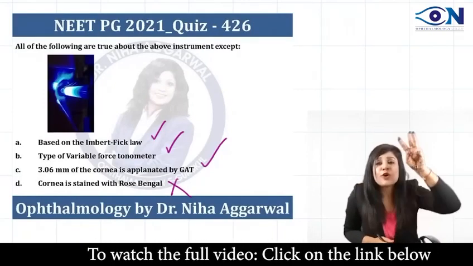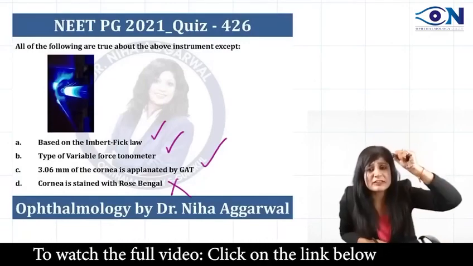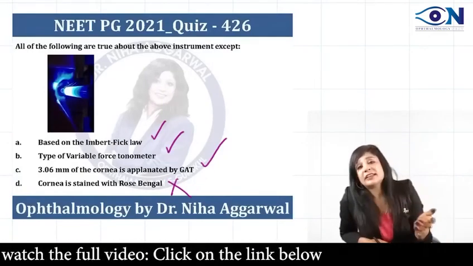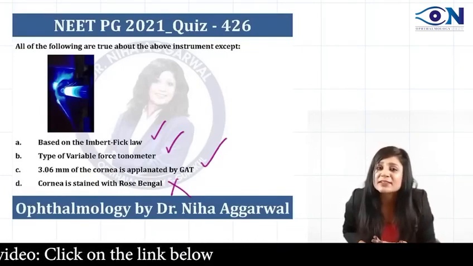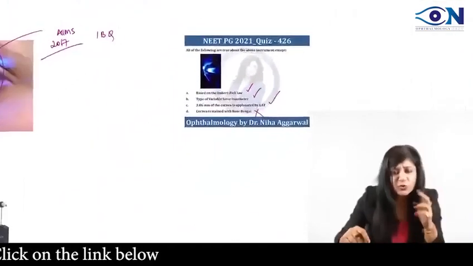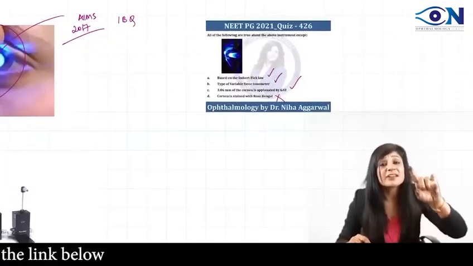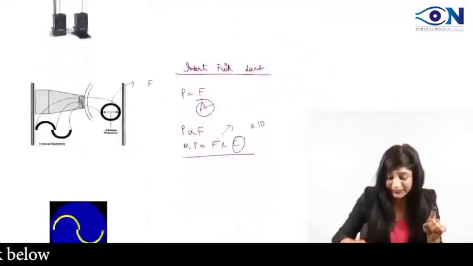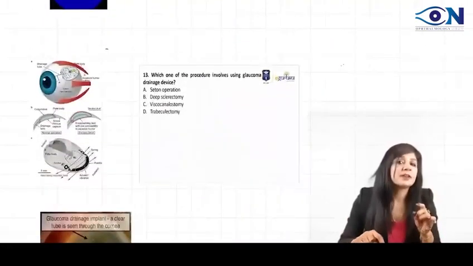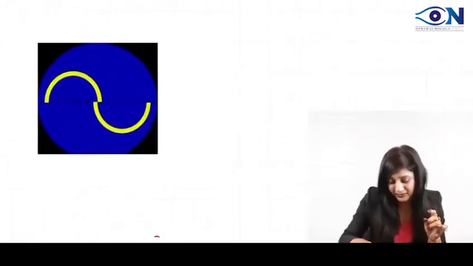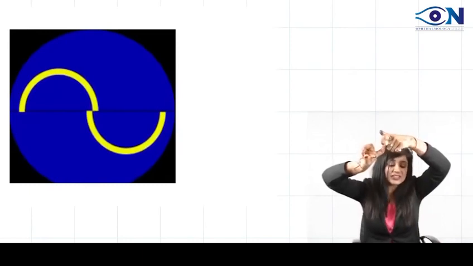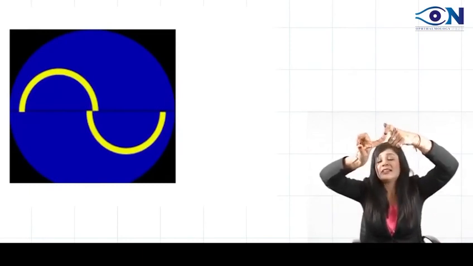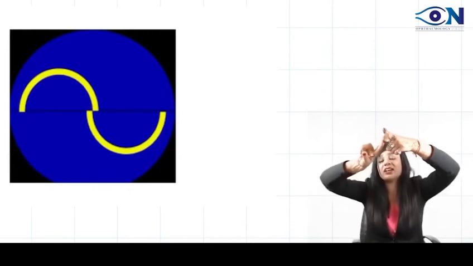So even if you do not know the other 3 options, guys, have confidence. If you know that fluorescein stain is used, I can say the answer is D, because the cornea is stained by rose bengal stain. Even if you do not know all the options, you can still get the MCQ correct. That is the beautiful aspect of the MCQ. This is the final thing: when the mires are touching just inner edges of each other, there you have to take the reading.